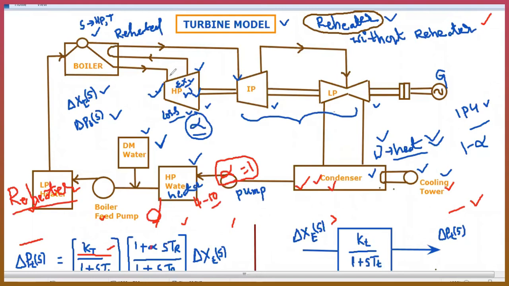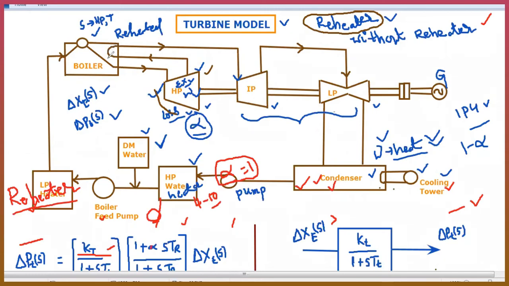So because of that, this HP turbine will be rotated. After useful work is done here, the steam will not be allowed directly into the next turbine stage. If you do that, it will be converted into water and damage the blades, so that the efficiency of the turbine will be reduced. That's why, in order to avoid that,